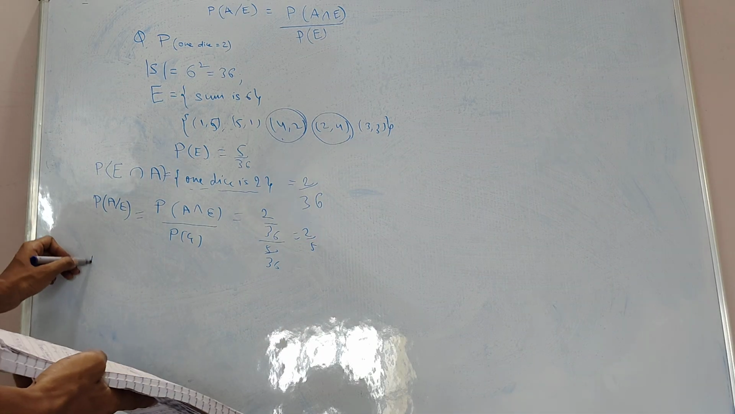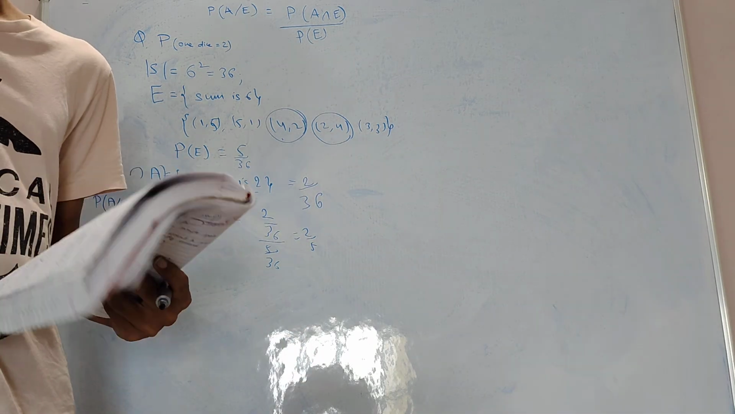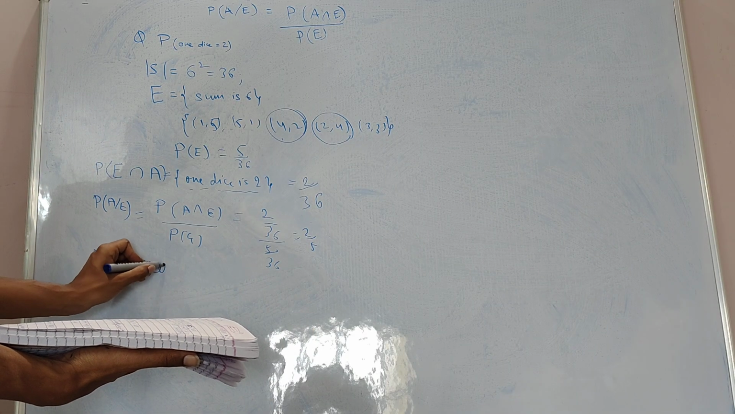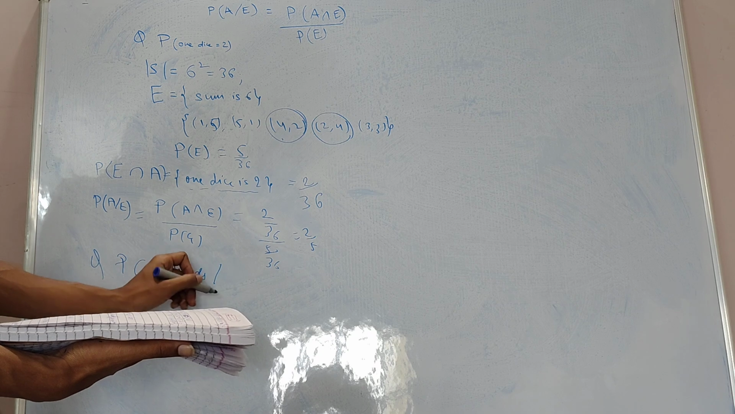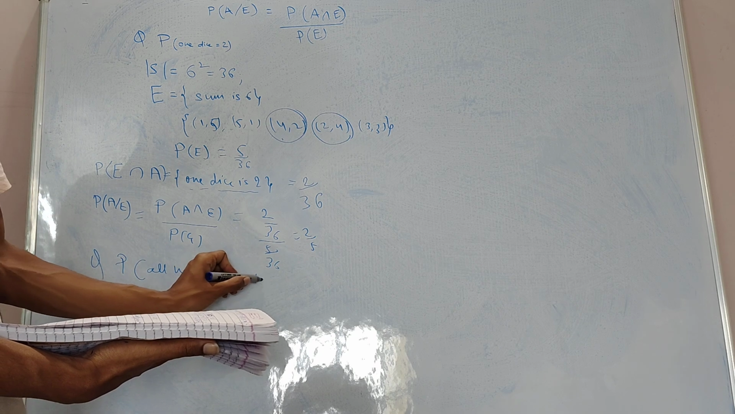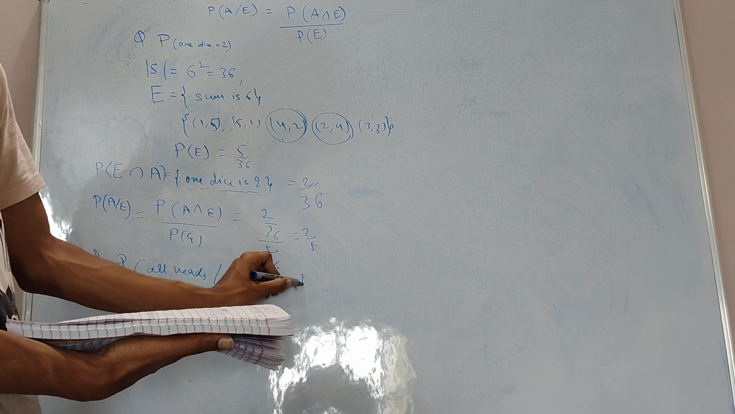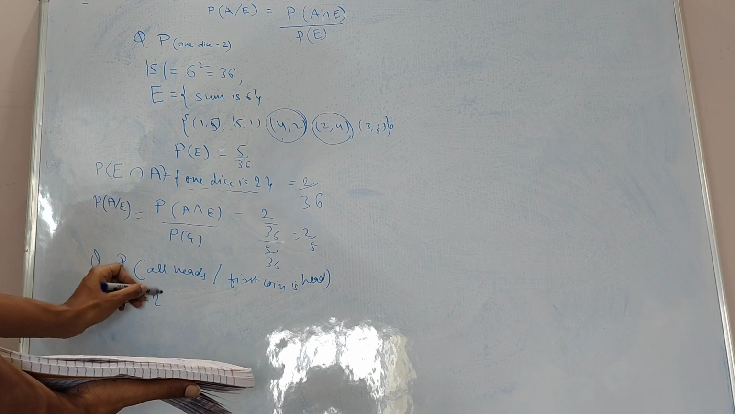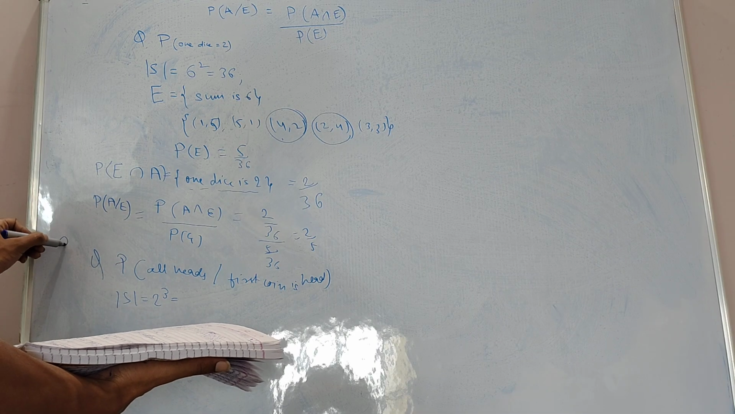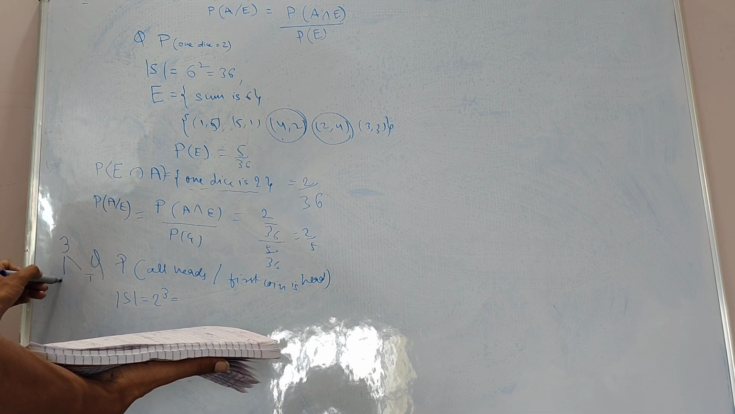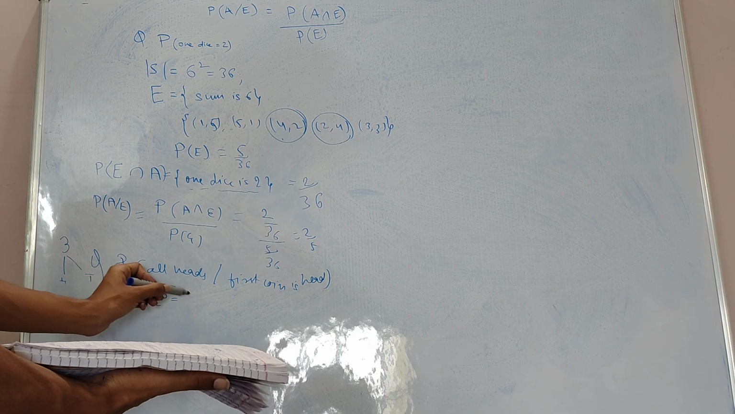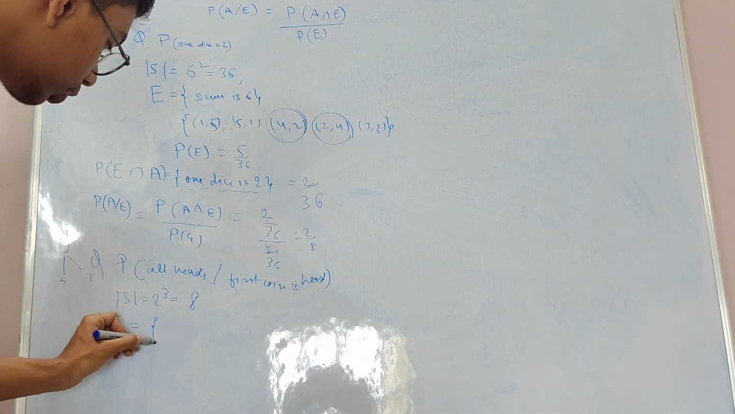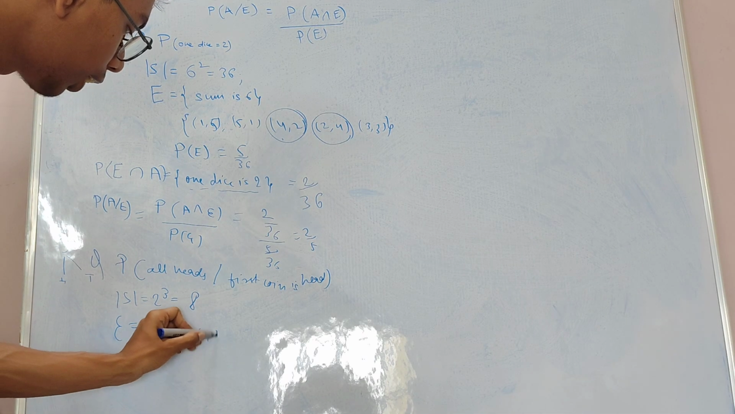Now next question is 3 fair coins are tossed, right? And I have to find probability of all heads in the coin given first coin is head, right? So sample space will be 2 to the power 3, right? I have 3 coins and each coin can give me tail or head. So I will have sample space of 2 to the power 3, which is 8, and event of first coin having head is first coin having head will be,